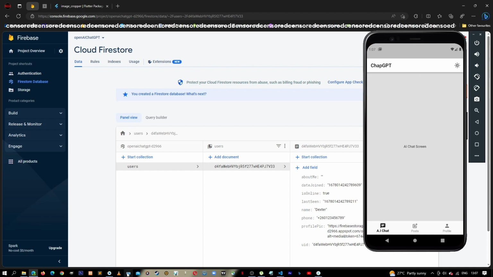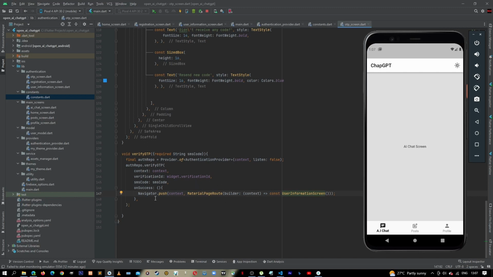go back to set up my user information. The application should know that you already have information. It should take you direct to the home screen. If you don't have information, that's when it should take you to the user information screen. So for that, let's go back to our profile. So we haven't put anything in a profile. For that, we need to